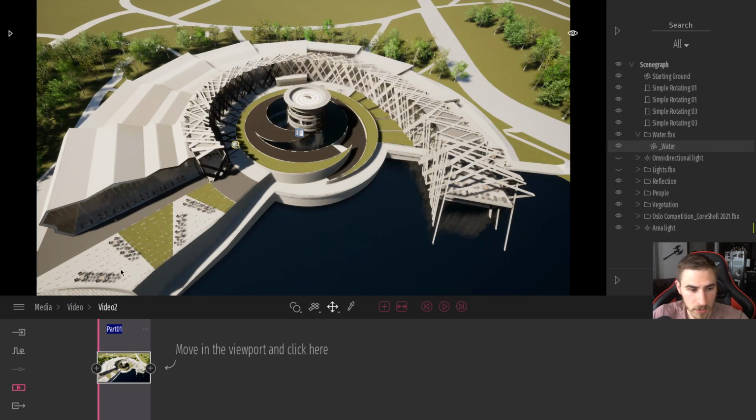So rename, again, if you don't want to call it part one, great. If you have a particular thing you're looking at, again, if you want to call this overall shot, it makes sense. So rename it if it makes sense to you.